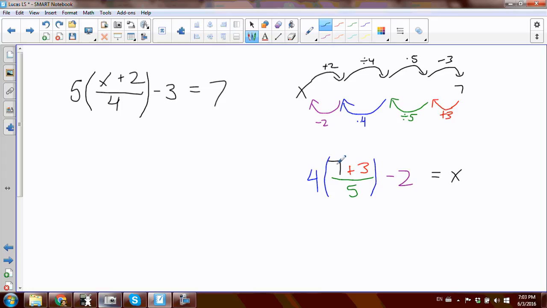So x will equal 7 plus 3 is 10. 10 divided by 5 is 2. 2 times 4 is 8. And 8 minus 2 equals 6. So x equals 6. Now, the traditional approach would be,